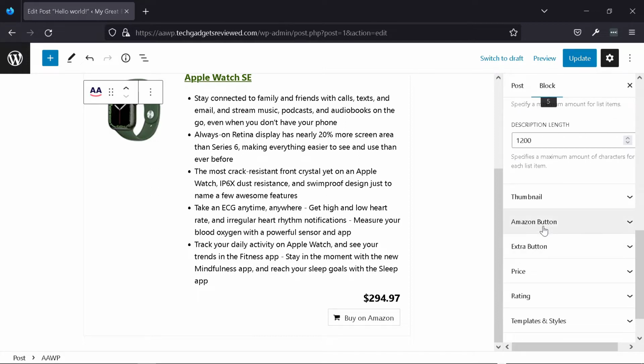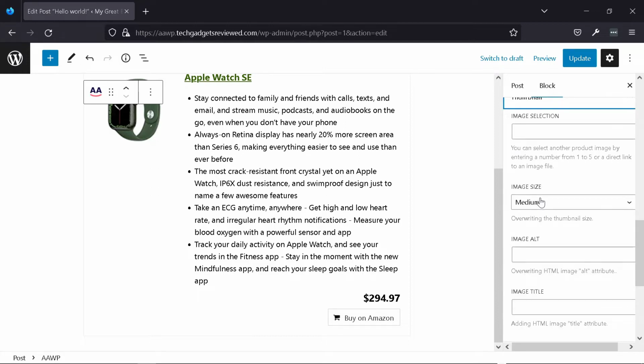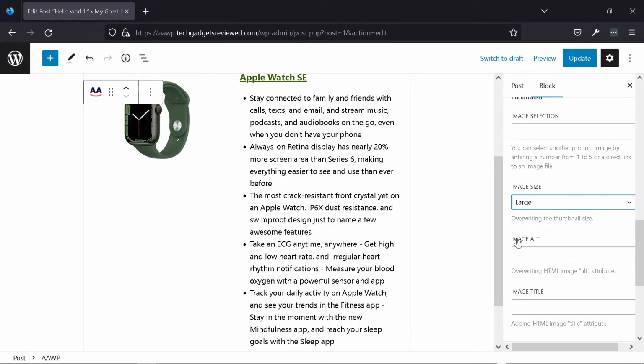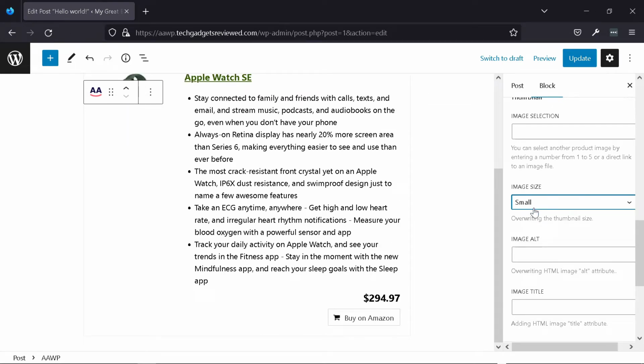So that limits that. Now your thumbnail, you can choose the size you want it to be. So if you wanted a large one, okay, you'll see that it pulled in a bigger one. One small. There you go. Or you can leave it at the medium, which is what I like actually. You can specify different alt tags. So Apple